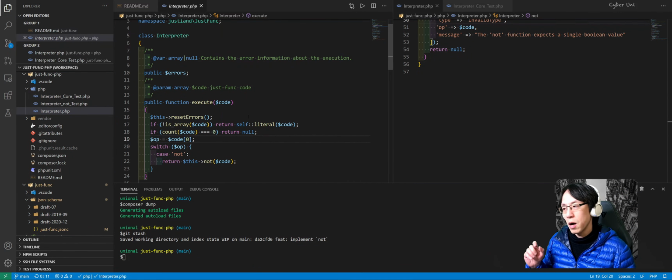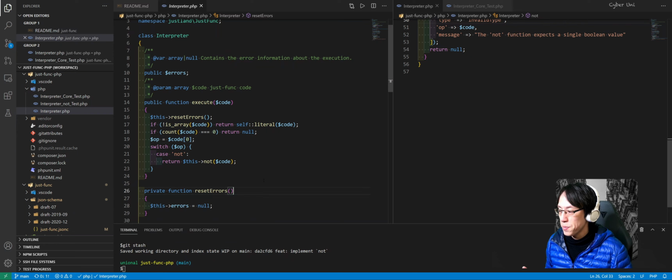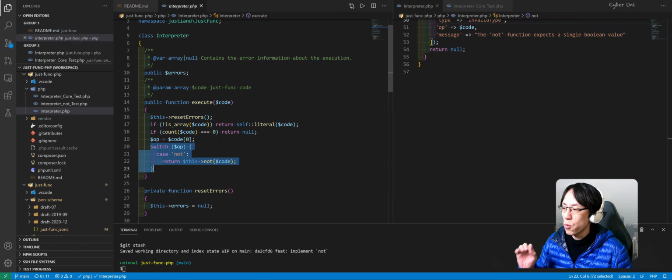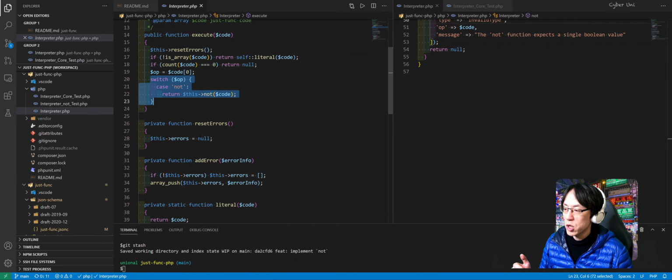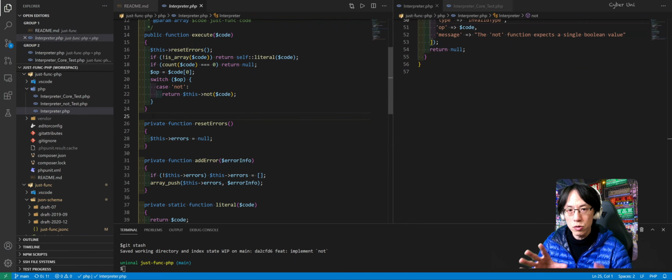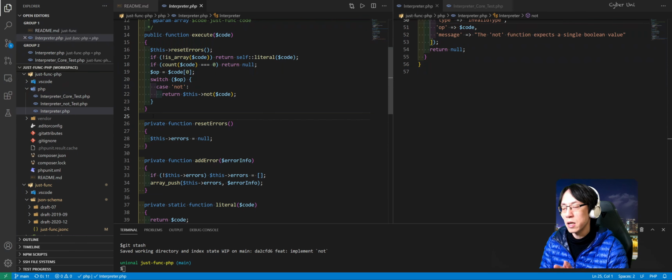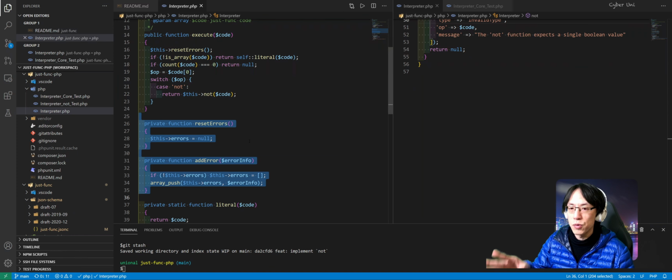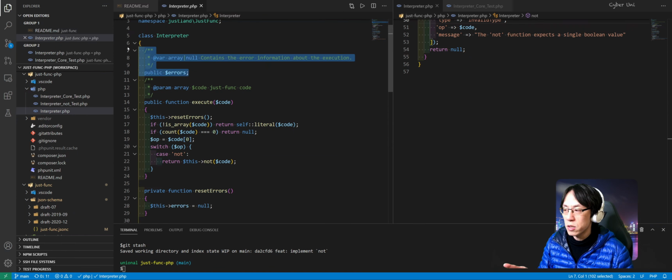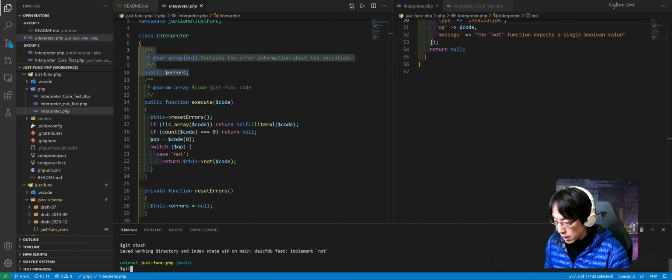All right, so what you see here is the original code before the change. So we have this switch statement, right? And what we are going to do is change this to a handler. In order to do that, we need to make some changes. The first, as I mentioned, we're going to create an execution context. And what that execution context does is handle the execution. So some of the code will move over there, like adding and resetting errors, and then also move this to that code. And so here is